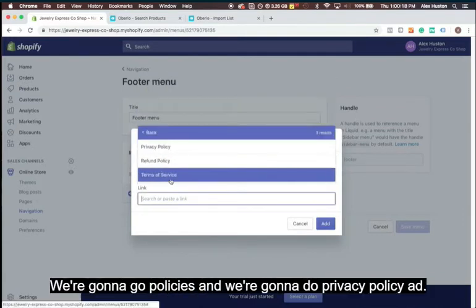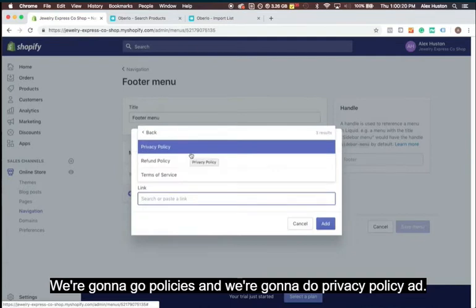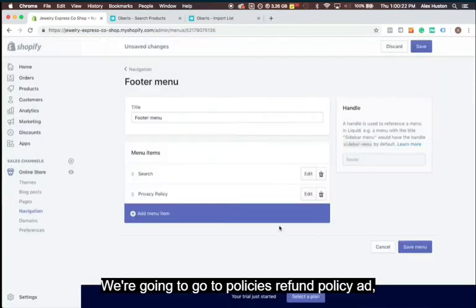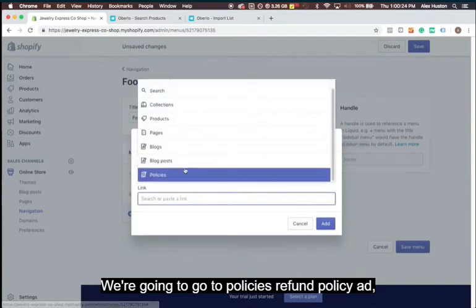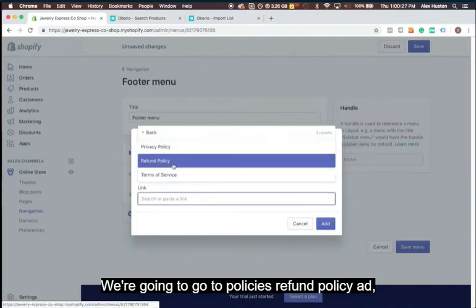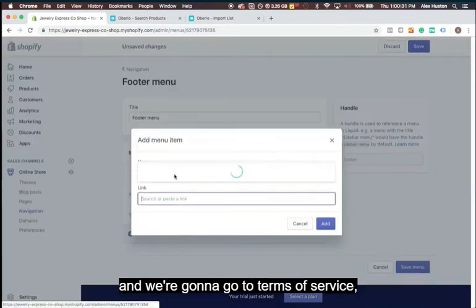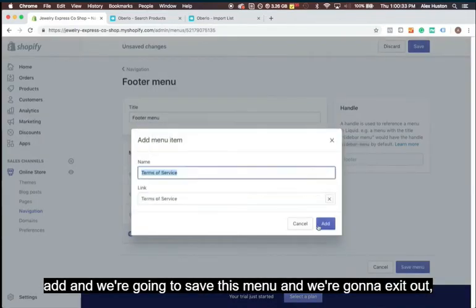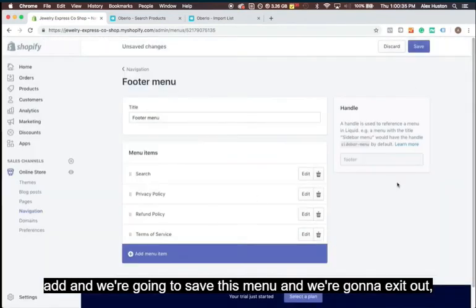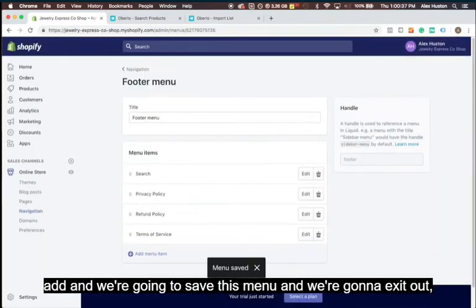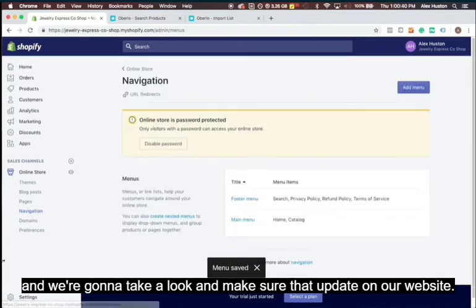Policies. We're going to go to policies, and we're going to do privacy policy, add. We're going to go to policies, refund policy, add, and we're going to go to terms of service, add. And we're going to save this menu, and we're going to exit out, and we're going to take a look and make sure that updated on our